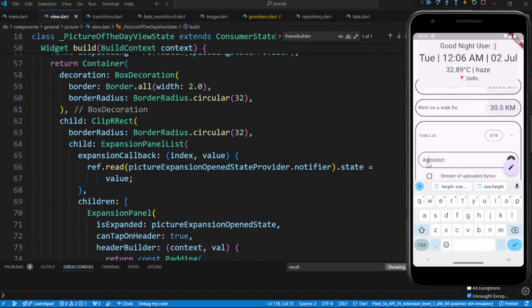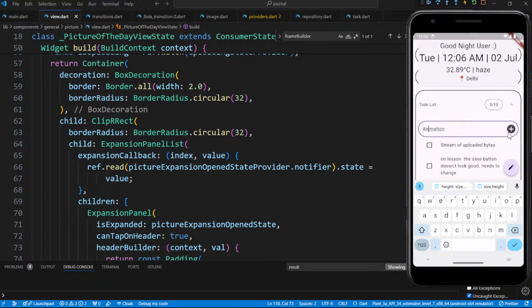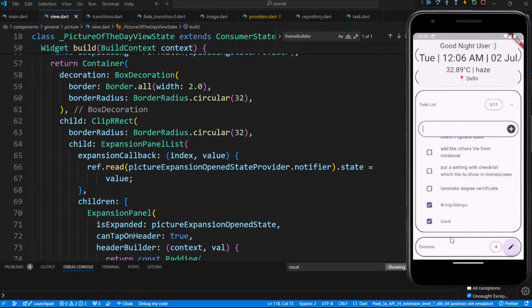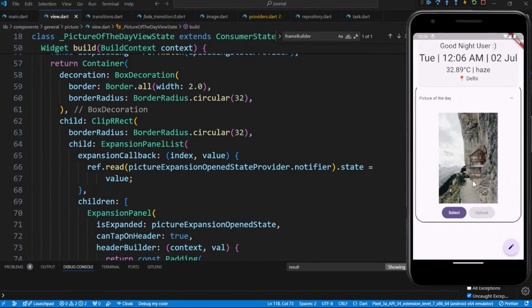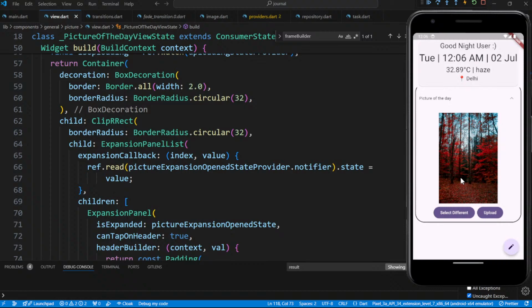Okay, I'm putting both in the to-do list of this app itself. So we need to see the animation. In tomorrow's video, what we'll do in this picture of the day is put animations. Like you see when you select one and click on upload,